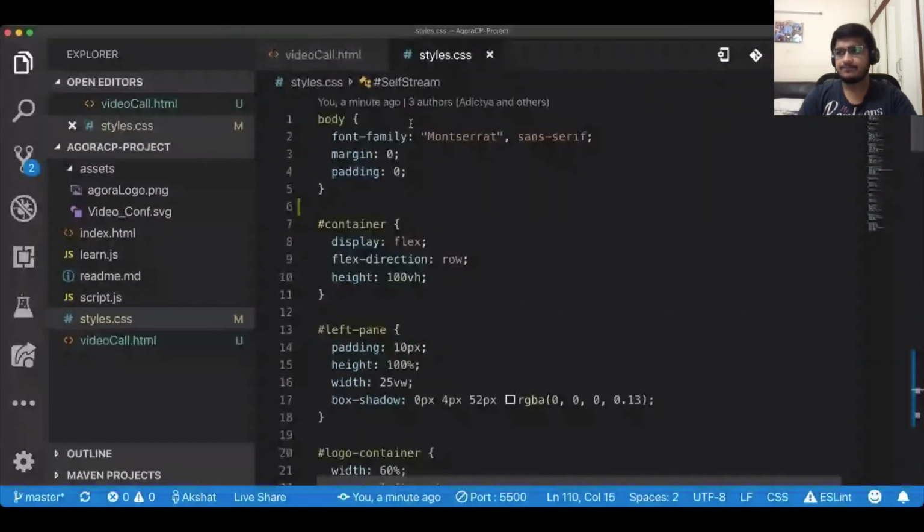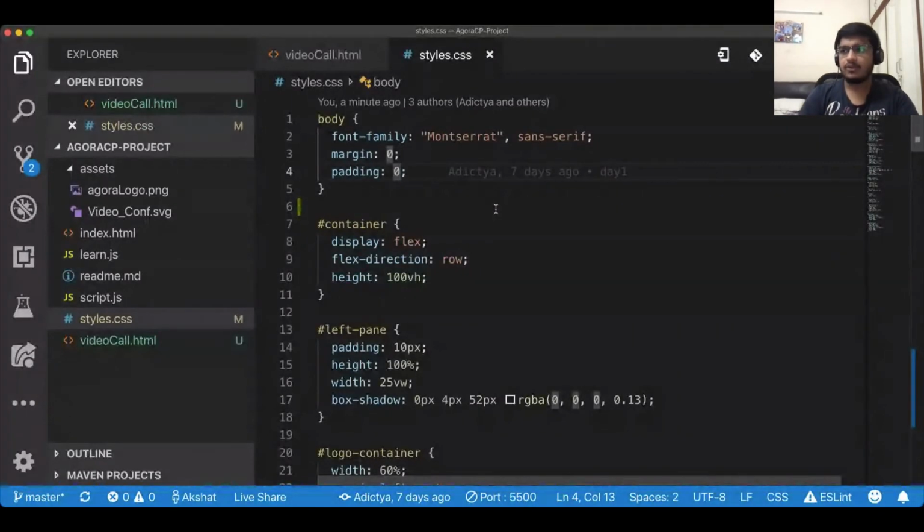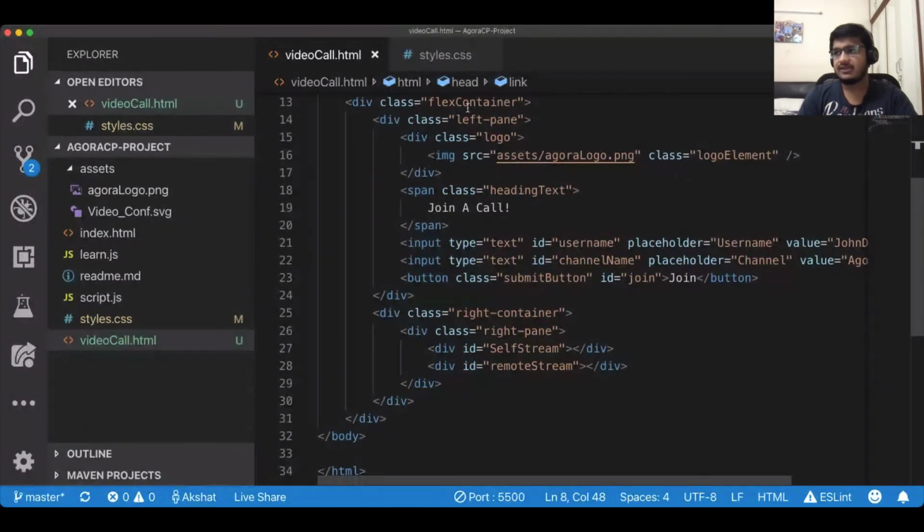Okay, so I guess I'll add some padding to the body itself because it shouldn't really make a big difference then. What's the biggest? Okay, the flex container. I can add something to the flex container, I guess.